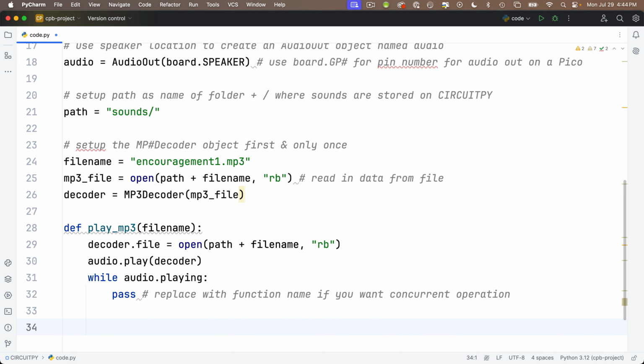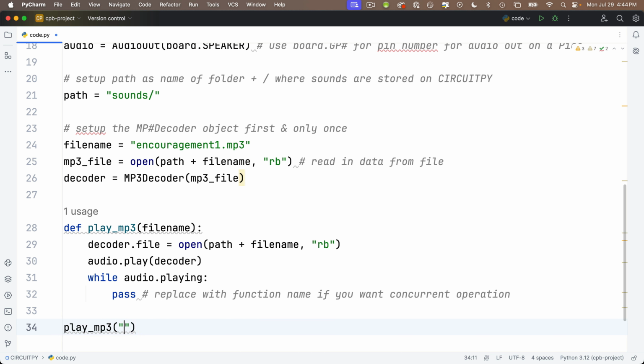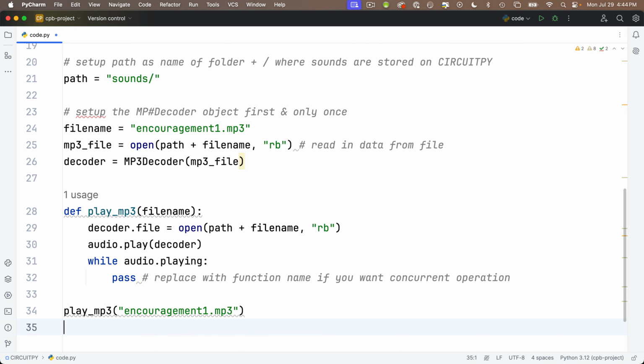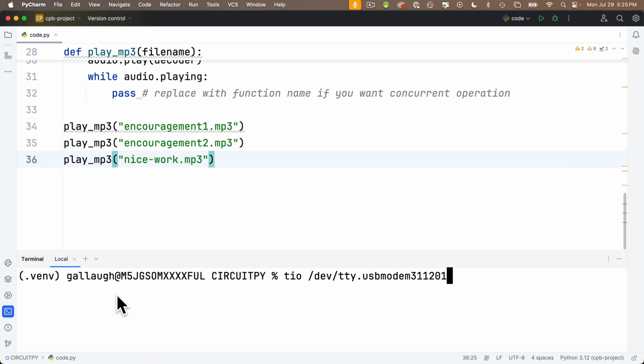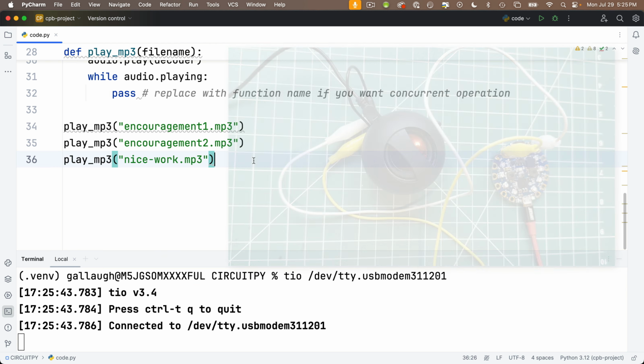Make sure that you've outdented all the way even with the definition of the function. And we'll say play_mp3, passing in the string encouragement1.mp3, then play_mp3 encouragement2.mp3, and how about play_mp3 in between quotes nice-work.mp3. Open up the terminal, get into TO, save the file, and there's really nothing to watch, but you can hear